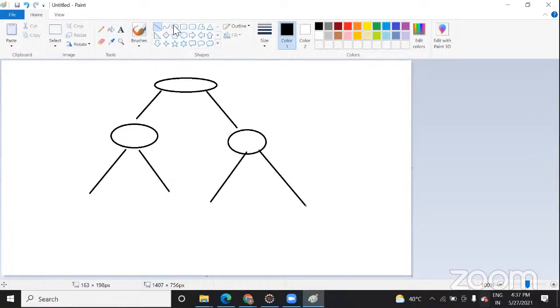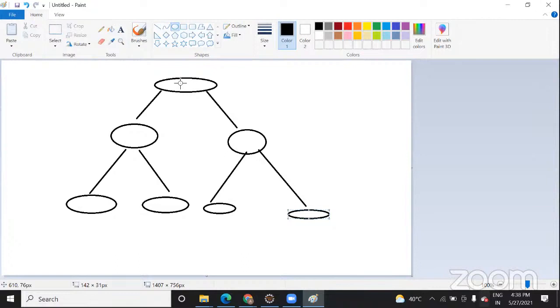The data which are present are always on the leaf side. They create the tree structure, but the data is usually present at a leaf. And how we usually process it, suppose a binary search or binary tree.